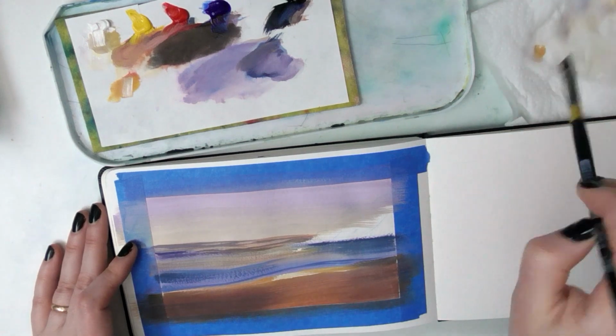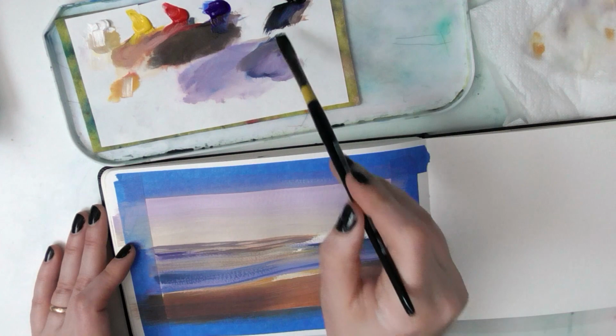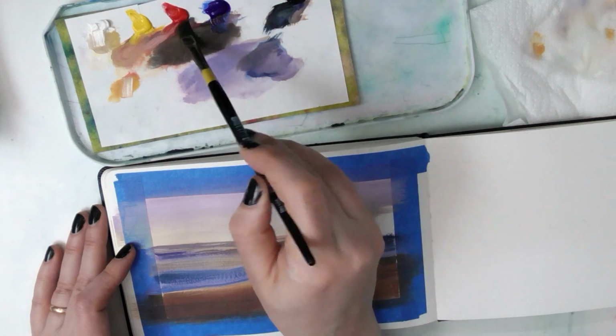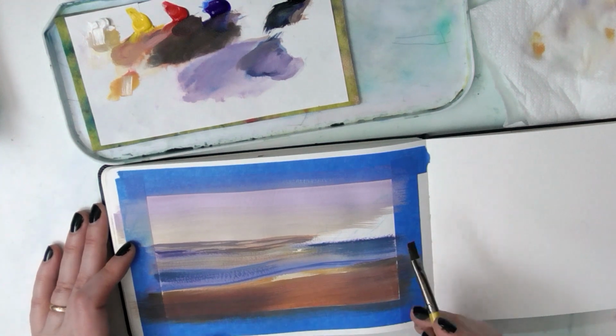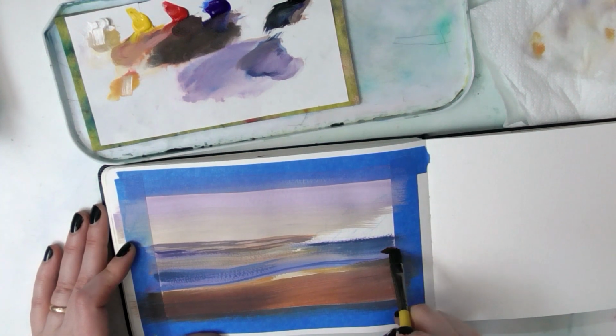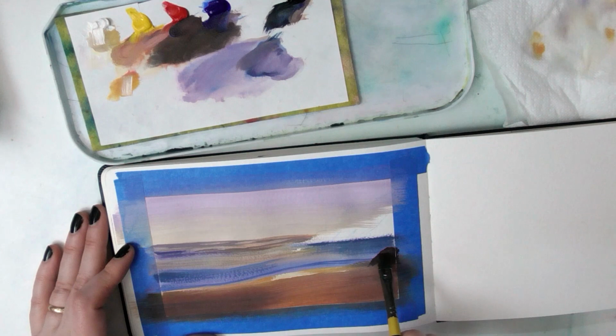Don't layer colors, but actually place colors next to each other. But if you are just going for that general, more impressionist style or look, then one thing you can do is instead of blending literally everything in the painting, you can just try to place bigger chunks of color next to each other. And I definitely have seen a lot of amazing artists do this technique, especially concept artists